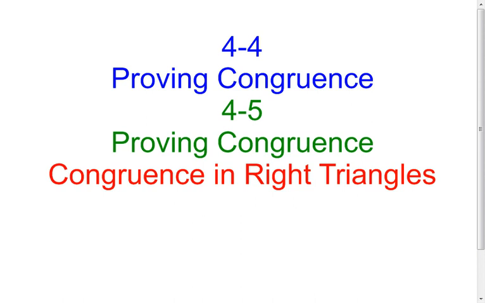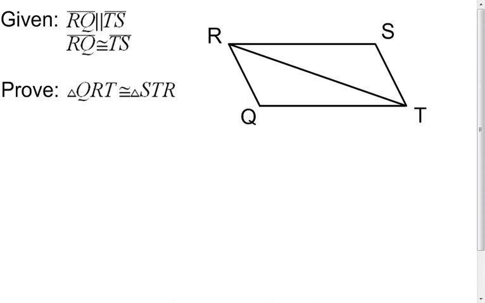In this lesson on proving congruence, I'm just going to look at the one example of actually writing a proof. And in this proof, as you can see, I want to prove the two triangles are congruent. I'm given some information and I have this picture. But again, just like every other time that I do a proof, I go back to the 5 steps of